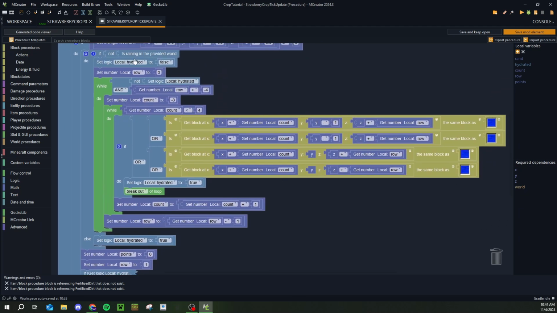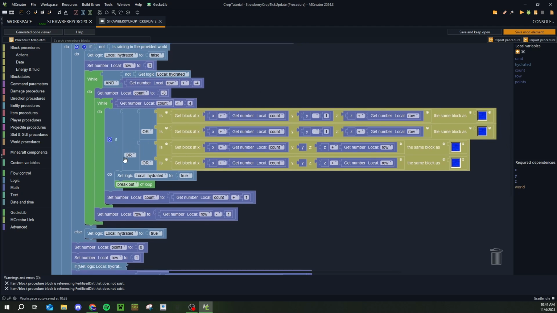However, let's walk through what happens if it's not raining. We set hydrated to false, set row equal to 3, and then run a while loop. So while logic hydrated is not true, so while hydrated is still false, and while row is greater than -4, we then set count to -3, and then run another while loop, and while count is less than 4, if